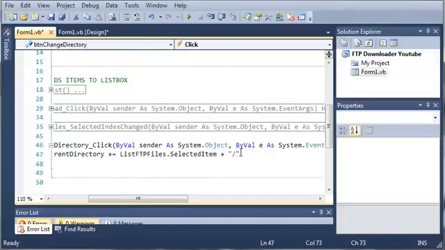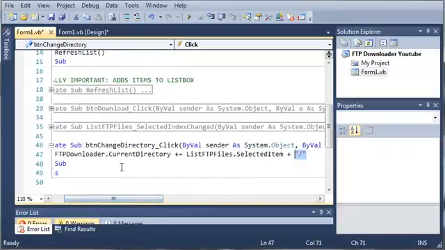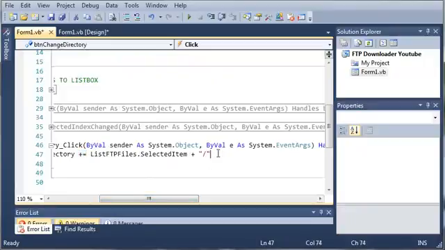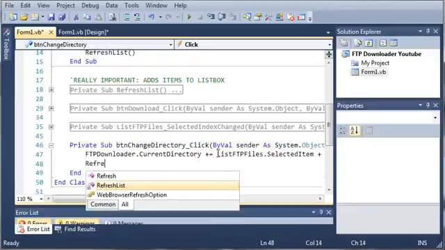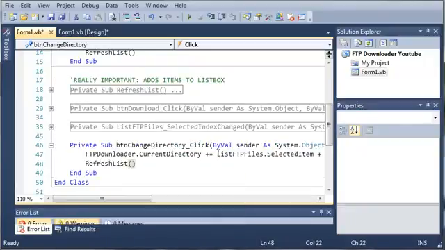So by adding this / right here, we only have to do this once. So it adds that and then adds another / so that we can keep going into more and more folders. So it's going to add this string to the directory. So now what we need to do is we need to refresh the list. So refresh list. Now let's go ahead and run this,